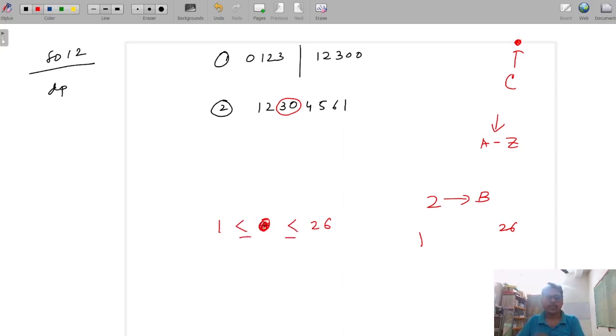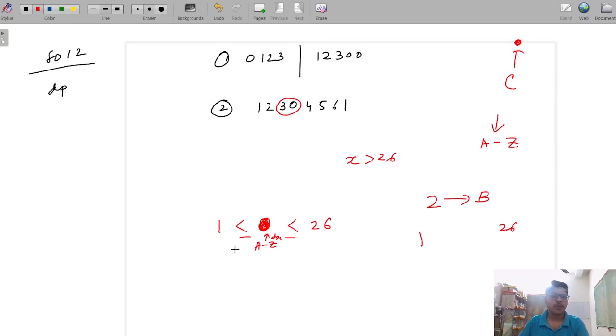Any letter from A to Z, after decoding it, we will get number from 1 to 26. That means if a number X, which is greater than 26, cannot be encoded,